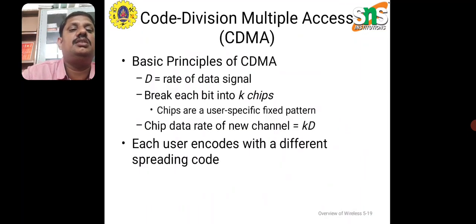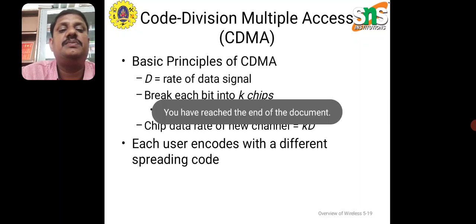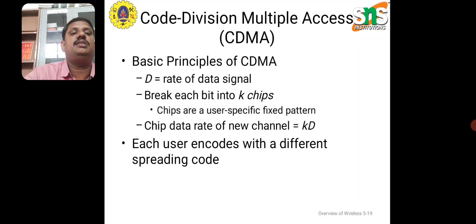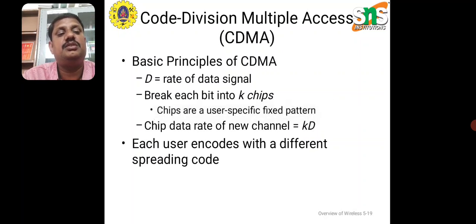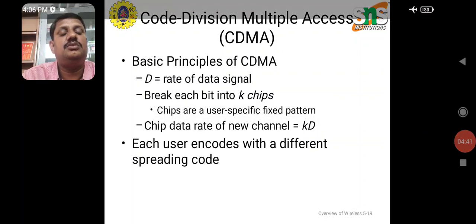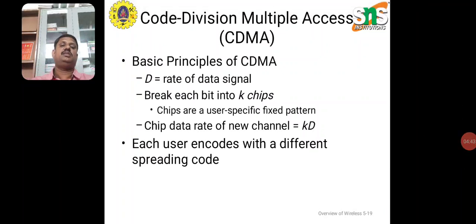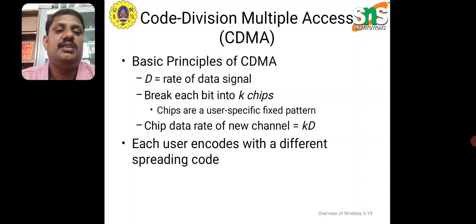Then CDMA technology is a main thing. The data rate is how the information is passed, and each user is encoded with a different spreading code. CDMA is the main technology we can use for multiple functions. The basic principle of CDMA is that the data rate signal is high compared to others, and it is broken into chips for each user. CDMA, TDMA, and others are